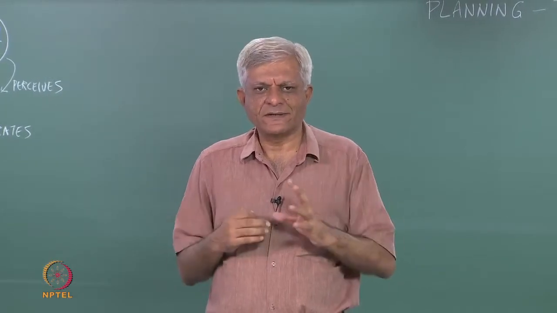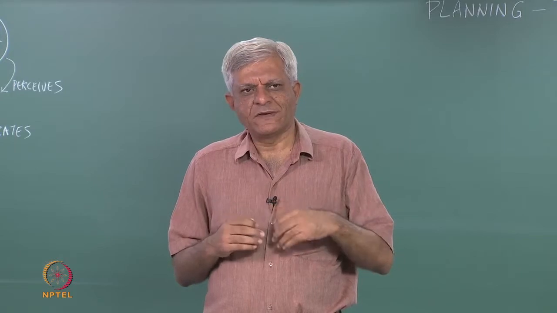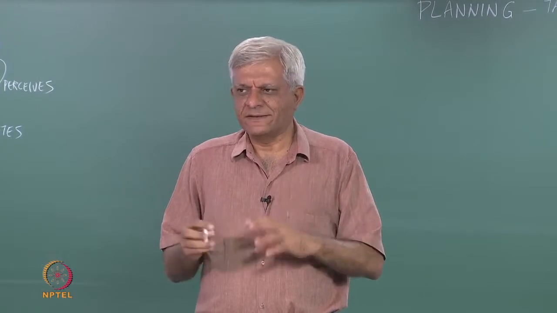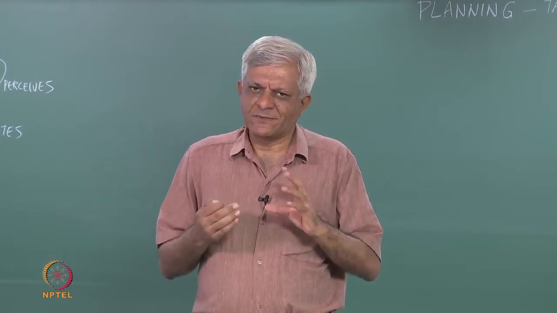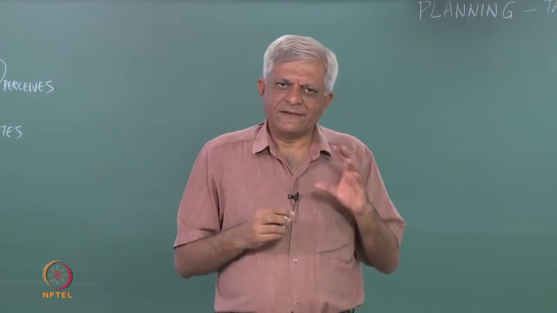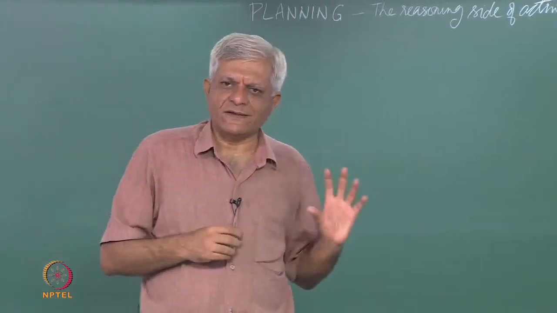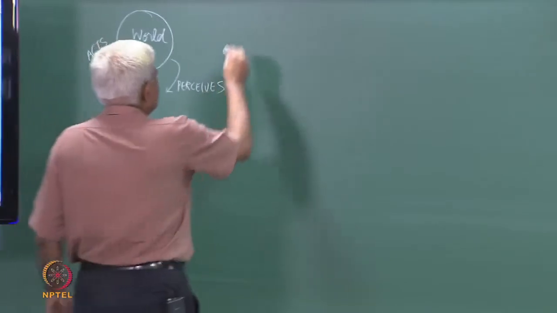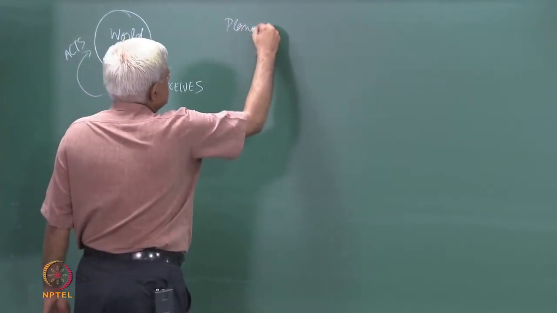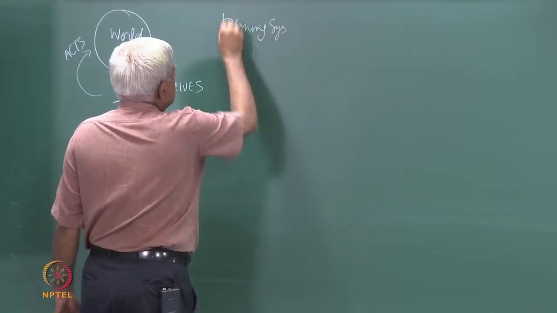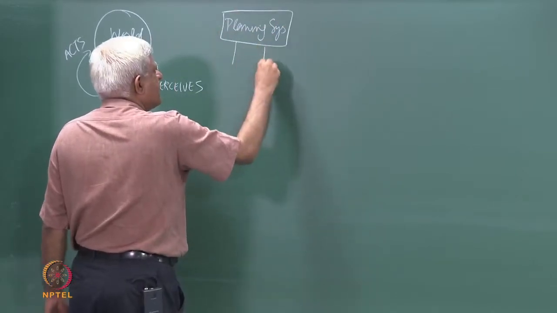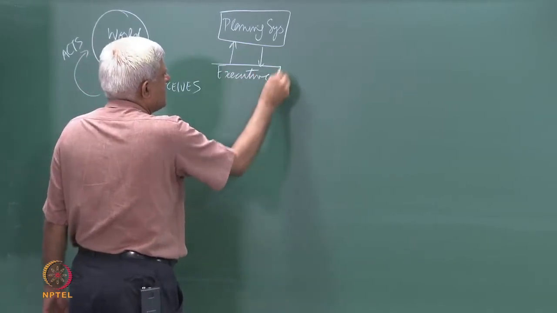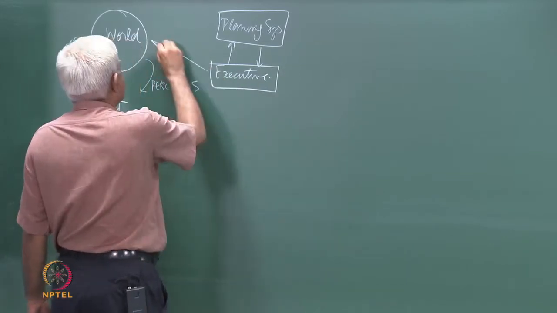You have to look out for other cars, you may have to swerve, you may have to brake, you may have to accelerate or decelerate. All these are actions, and some agent or some program has to decide which actions to be done at what time essentially. And that decision making, or this reasoning side of acting, is what planning is all about essentially. So, we imagine that we have a planning system and that interacts with what some people call an executive, which interacts with this world essentially.